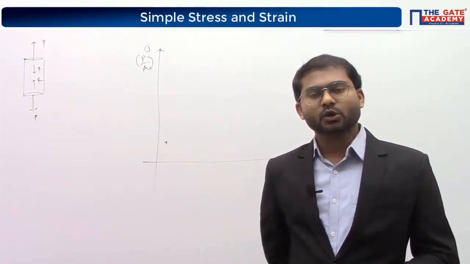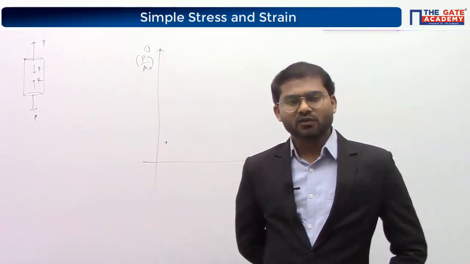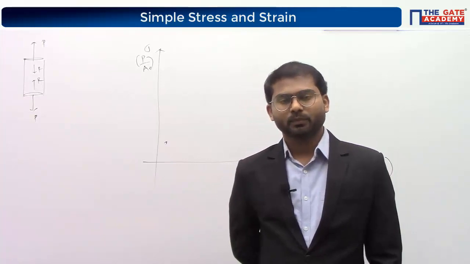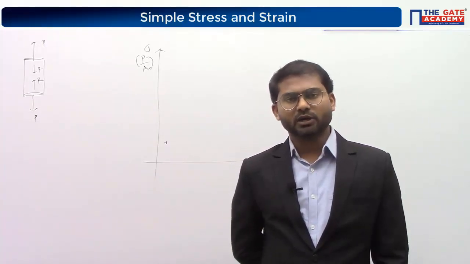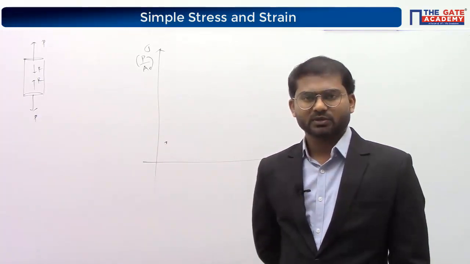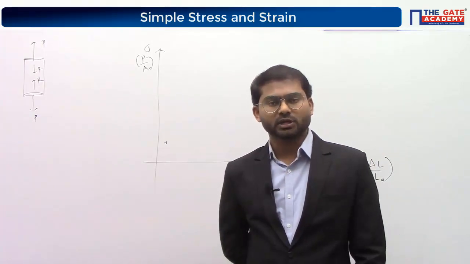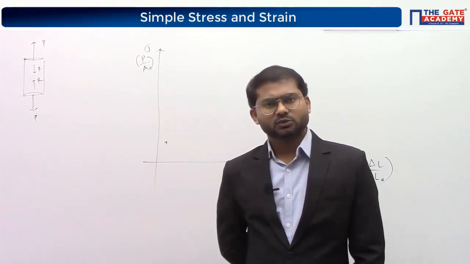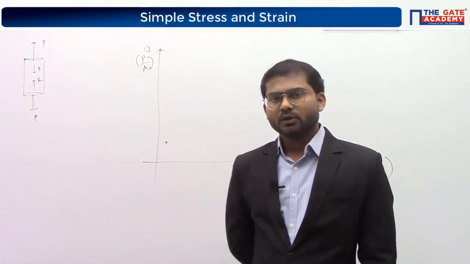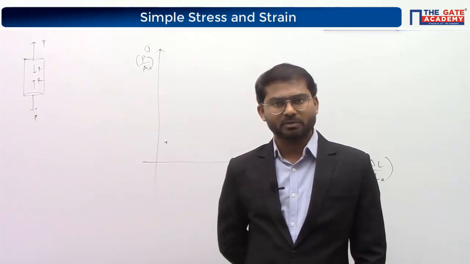If you are increasing the load very fast, then R will not be equal to P, and the value of stress, whatever you are calculating, that is applied load by area, will not be correct. In fact, we are going to study the cases where R is not equal to P in chapter 9, maybe in the last lecture. Except for that case, throughout the whole subject we are always going to deal with cases where R is equal to P. So R is equal to P, sigma is equal to R by A, so you can say sigma is equal to P by A.